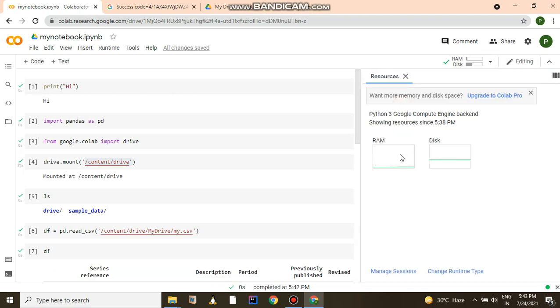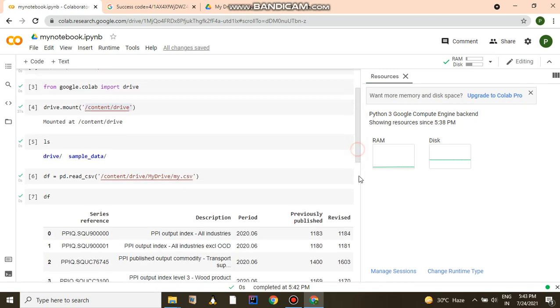You can see the RAM size is somewhere around 12 GB. There is also limited disk space, and if the RAM size or disk space exceeds the limit, for example due to heavy computation, then there will be a problem and you will get disconnected. If you want more resources, then you can upgrade to Google Colab Pro, which will give you more resources.